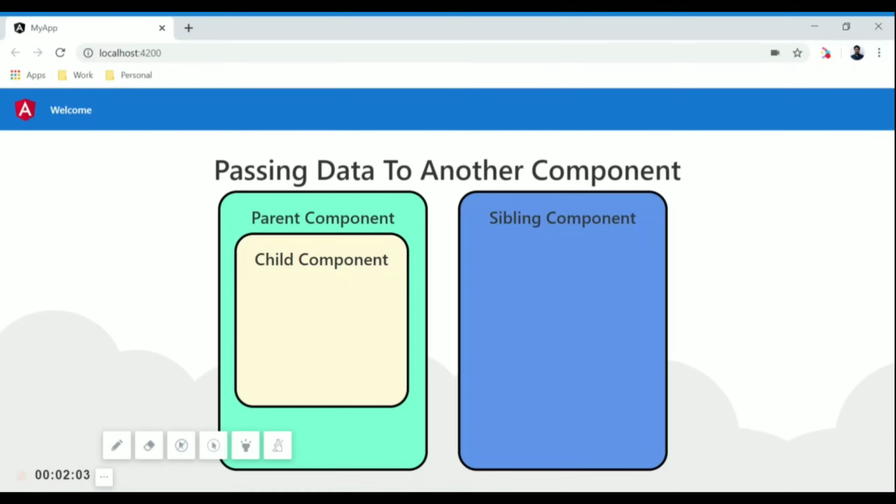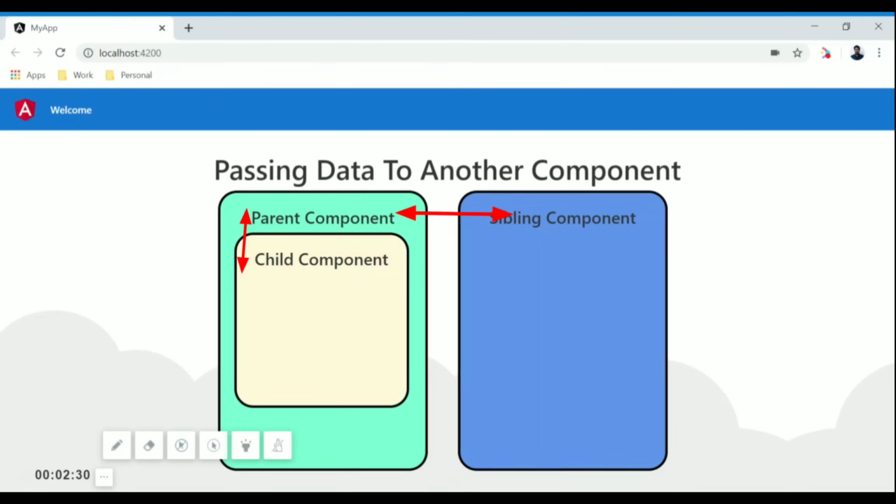By looking at these diagrams, you can identify there are basically three ways data can be passed. Either it can be passed from parent component to child component, or from child component to parent, or from parent component to some other sibling component.